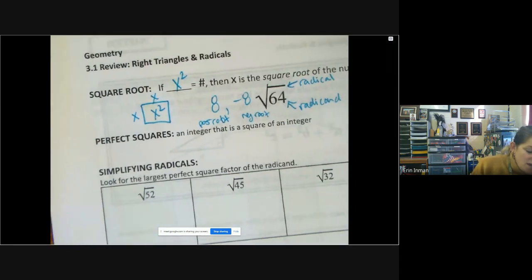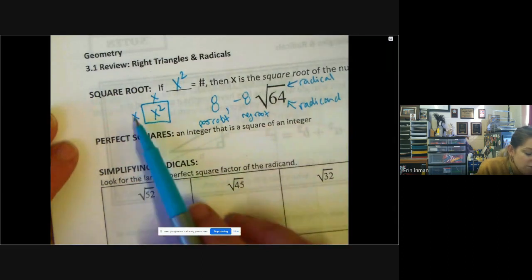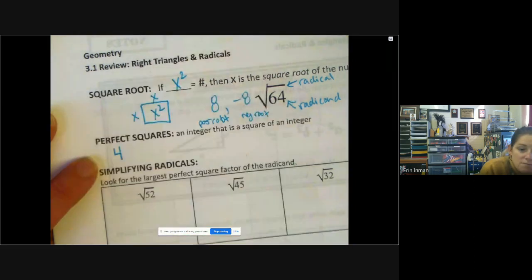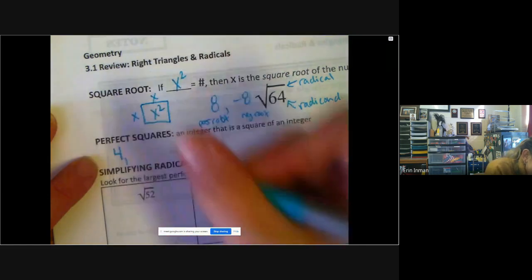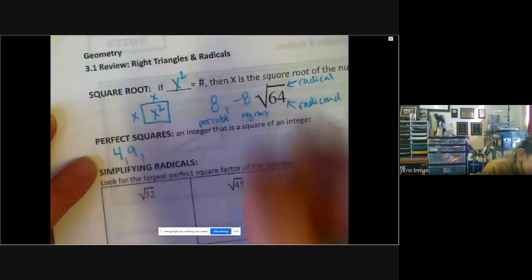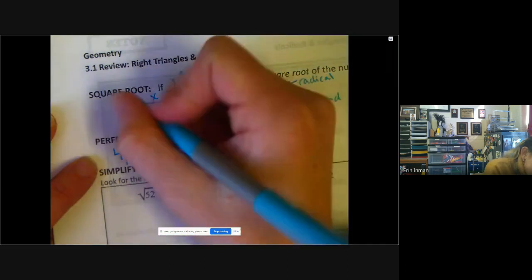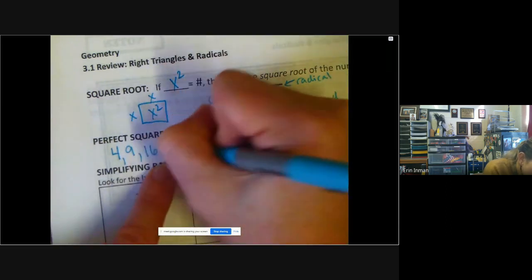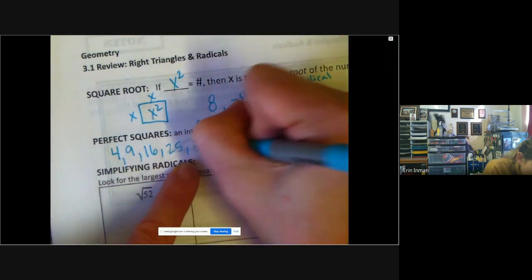And when I think about the perfect squares, you can kind of figure out what they are just by thinking about, well, if the sides of my square are a certain length, what would the area be? So if my sides are 1, the area is 1. Well, 1 is a pretty useless perfect square. So usually the smallest one we like to use is a side length of 2. So 4 is my smallest perfect square. If my side lengths are 3, the area would be 9, and the square root of 9 is 3, right? Then we can continue. 4 squared is 16, 5 squared is 25, 6 squared is 36, 7 squared is 49,